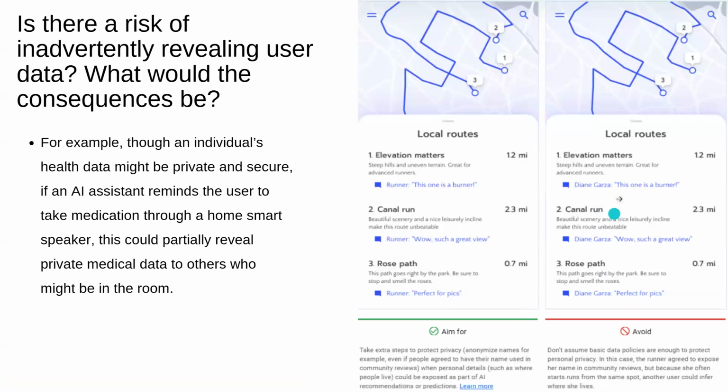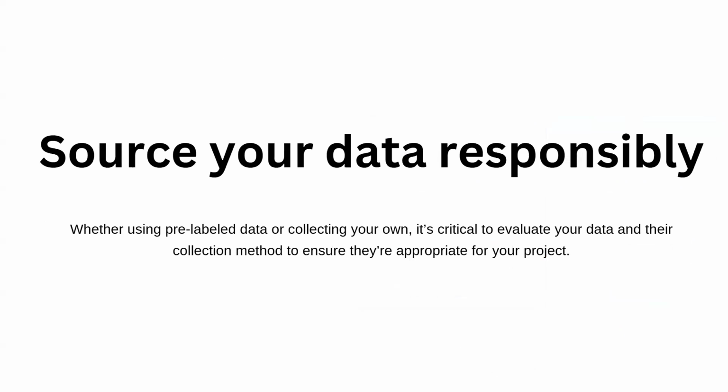For example, people may not like their name or nickname being exposed to other users. In that case, you need to hide the identity of the users. It is very important. If you are displaying someone else's phone number, address, or sexual orientation, whatever, that will be pretty serious. So we have to make sure not to violate any of these things, and always be ethical. And this is very important. Source your data